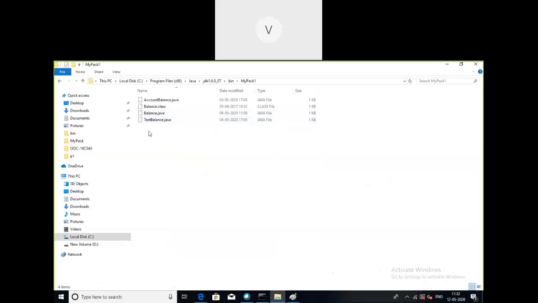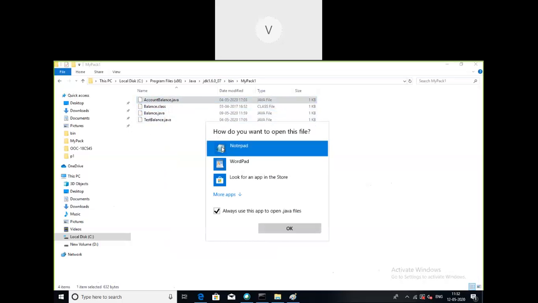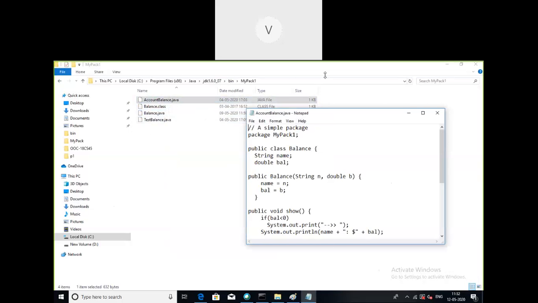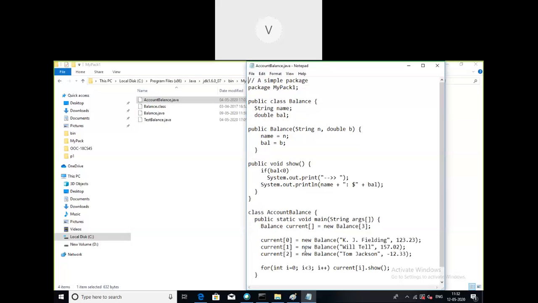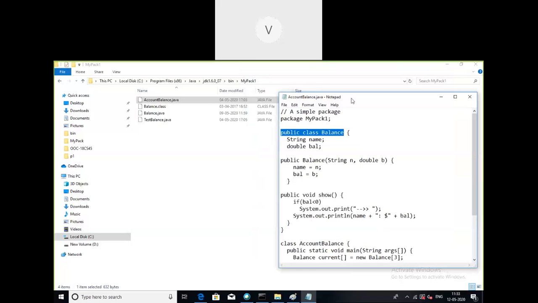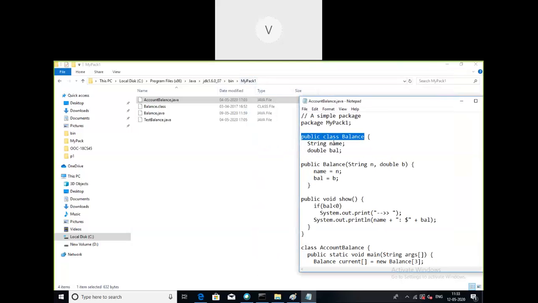And in mypack's AccountBalance.java, which we have already studied, I am simply revising it. If you want this class to be made public, I have made it public here. Why? Because I have considered another package instead of disturbing the actual notation.